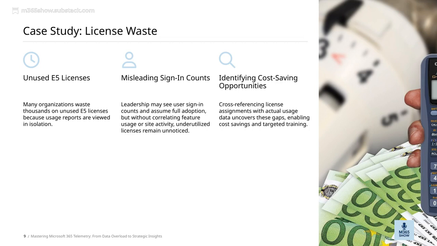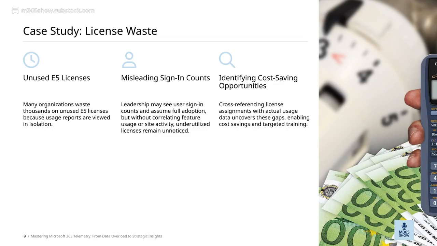Now, a common trap is leadership looking at user sign-in counts and assuming everyone is fully on board. But the key point is, without digging into feature usage or site activity, you might miss underutilized licenses. Just because people sign in doesn't mean they're using all the features they should be. This leads us to the issue of misleading sign-in counts. Many organizations waste thousands on unused E5 licenses because they look at usage reports in isolation. If you don't connect the dots between sign-ins, feature adoption, and actual activity, those licenses are just sitting there unused